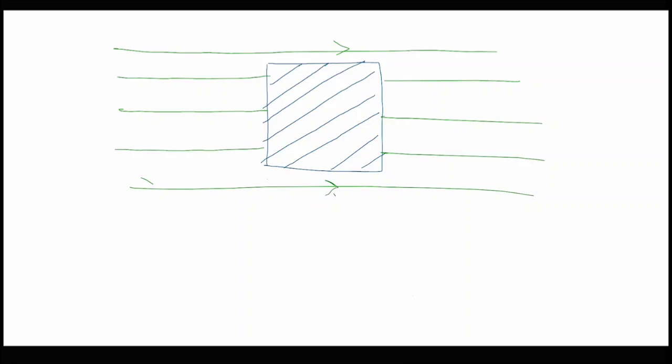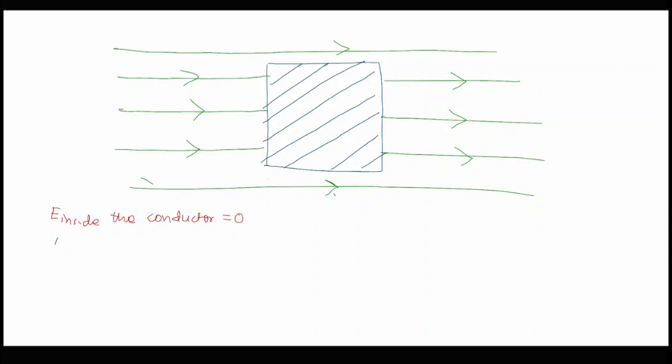The value of externally applied electric field is E naught, so it is something like this. So we say E inside the conductor is 0. Now since E inside the conductor is 0, if I apply Gauss law,